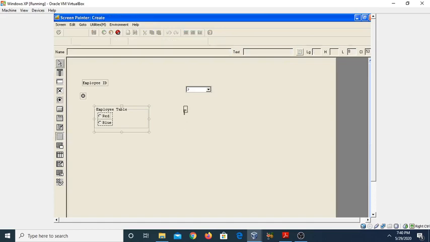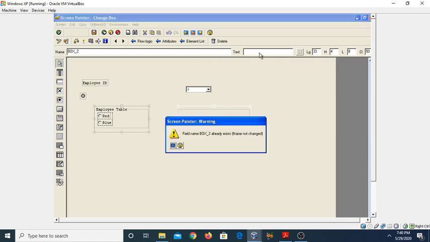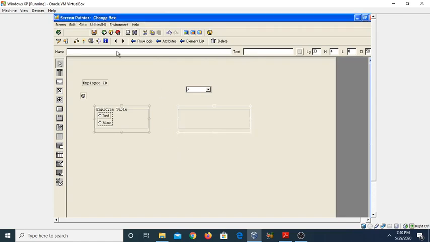You can see here we have created the box and given the name. This is our second box, so I am assigning box 2. You can also give the title. It is saying the field name box 2 already exists, so we can change it. This is box underscore C.